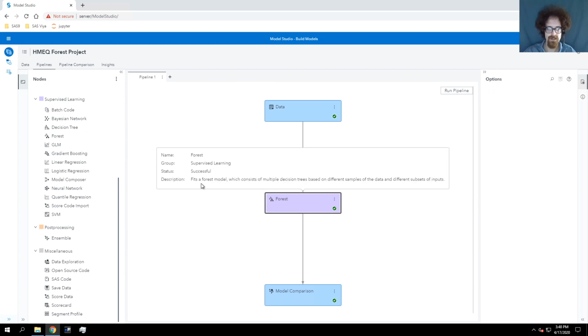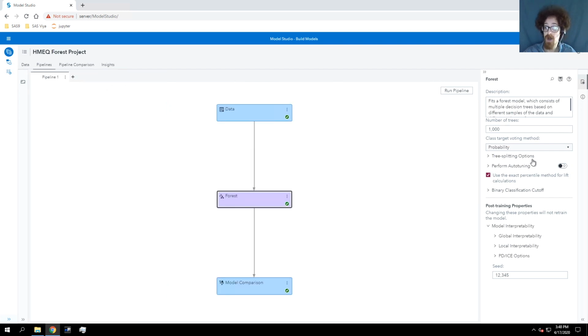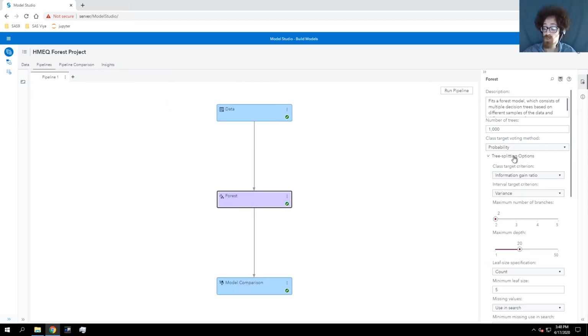When we click the forest node, I'll go ahead and close these nodes here on the left. When we click the forest node, we see some options. We see we have some tree splitting options, so things like maximum depth equals 20. We're going to build 1,000 trees. I've set these to make sure we're using the same settings as we did when we built our other forest